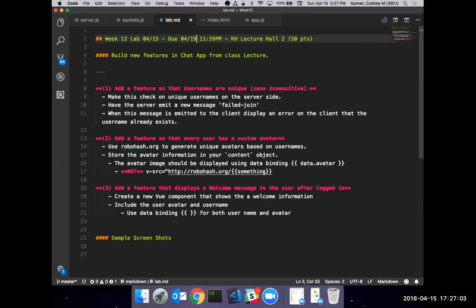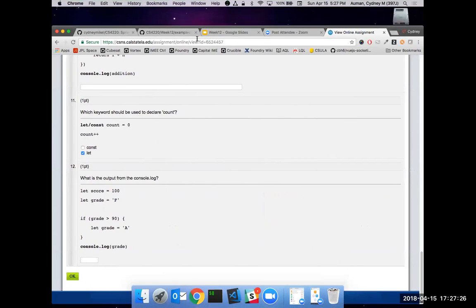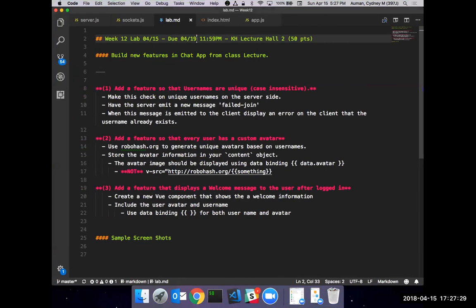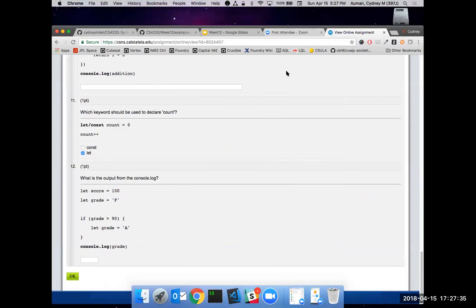All right. So seriously, we're going to add a feature so that usernames are unique, and it should be case insensitive, right? So just unique in the instance, you don't have to add a database. It doesn't have to be forever unique. You don't go crazy. So if your server is live and I join as Sydney, nobody else should obviously be able to join as Sydney. In their current implementation, that's true. You could just type Sydney, and then somebody else could type Sydney, and we could all just be a dozen Sydneys in there chatting with each other.